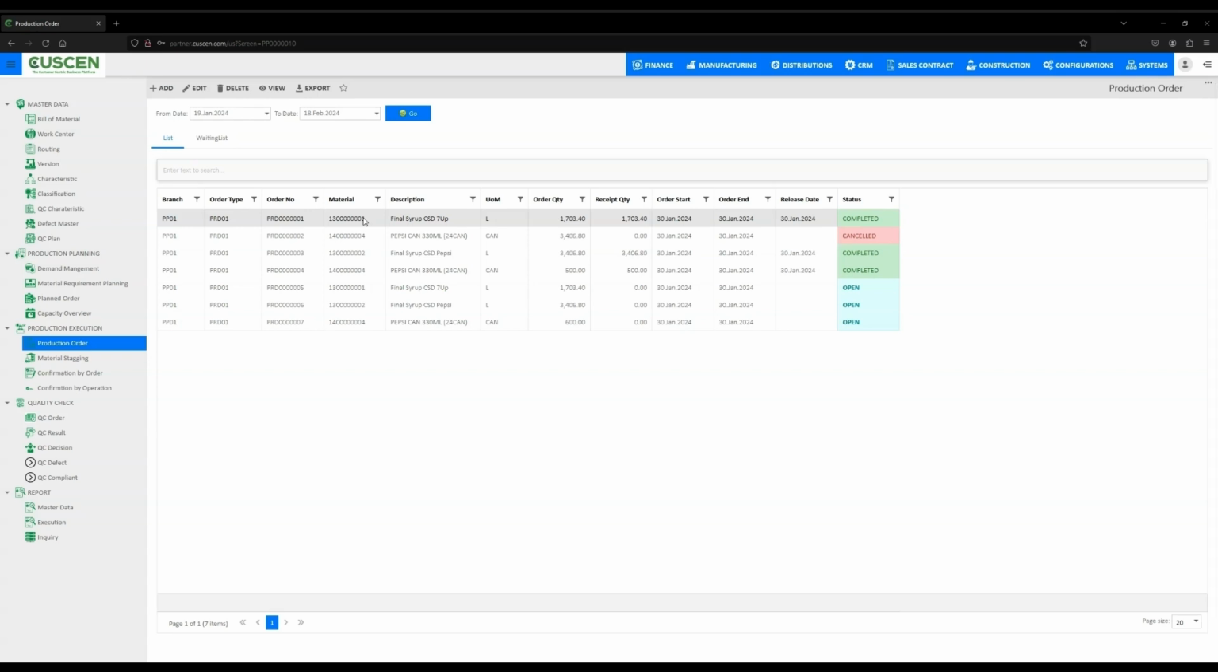14000004 for Pepsi cans. This description gives us more detail, like Pepsi can 330 milliliter, alongside the UM, which stands for unit of measure. In this case, can. The order quantity column shows the quantity to be produced, like 600 cans for this order,